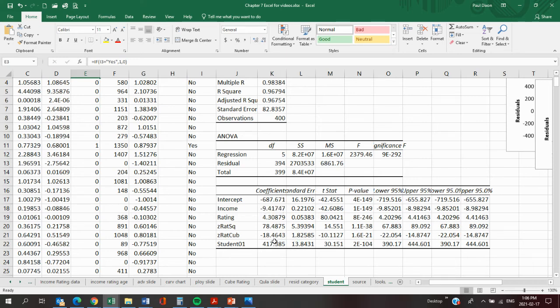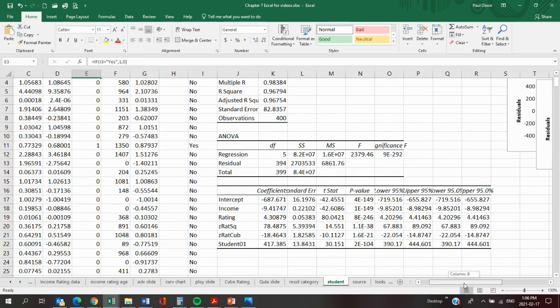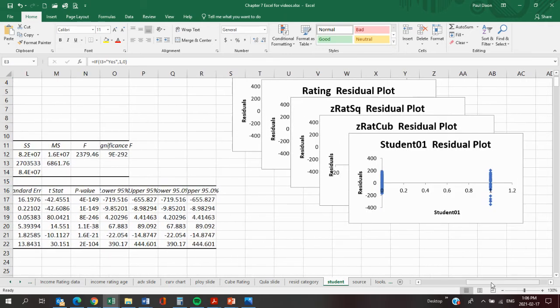But then I've got this big number here for student, 417. What that says is that if I had two people that had the same income, same credit rating, but one was a student and one was not, I would expect the student to borrow $417 more than the person that was not a student. So this is a big deal. And how has it helped my model here? Well,